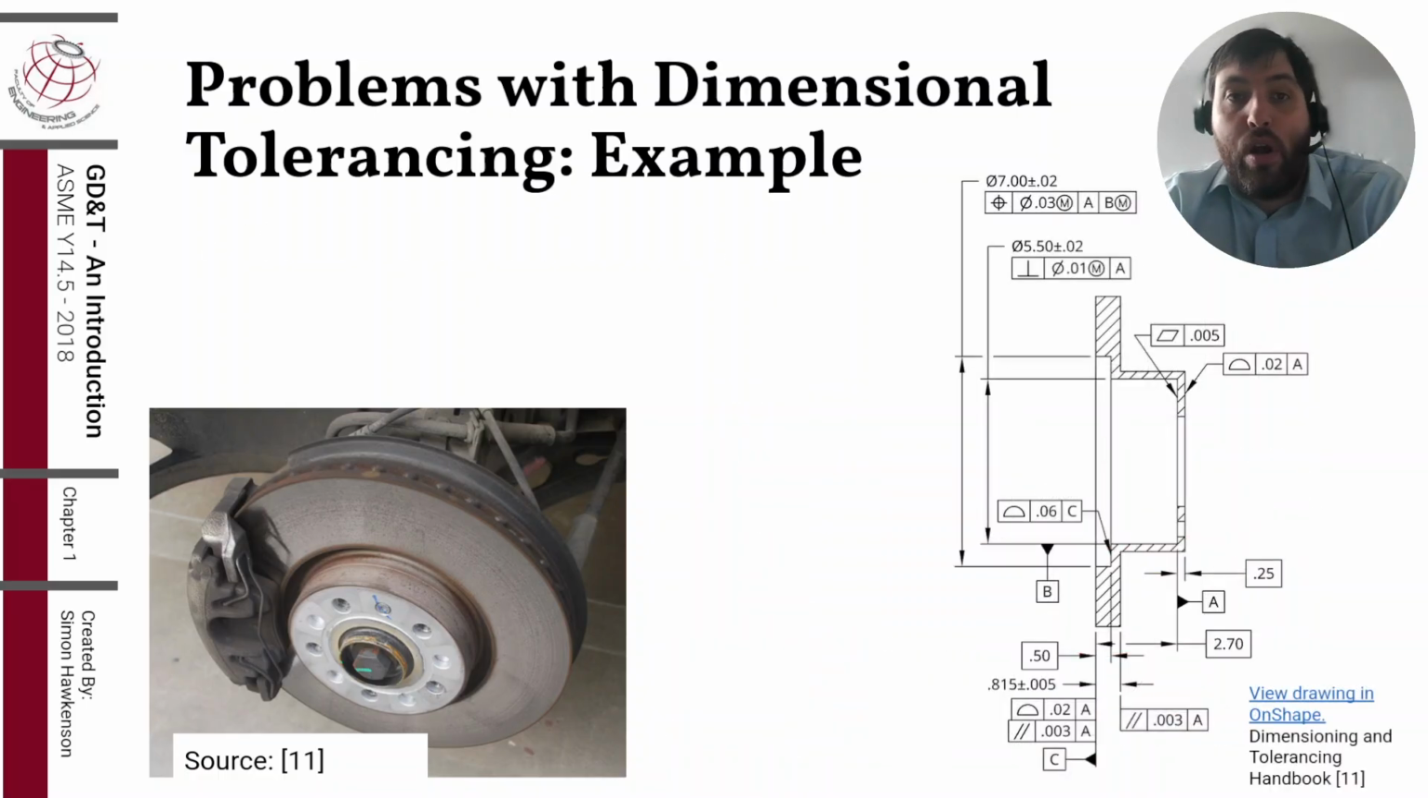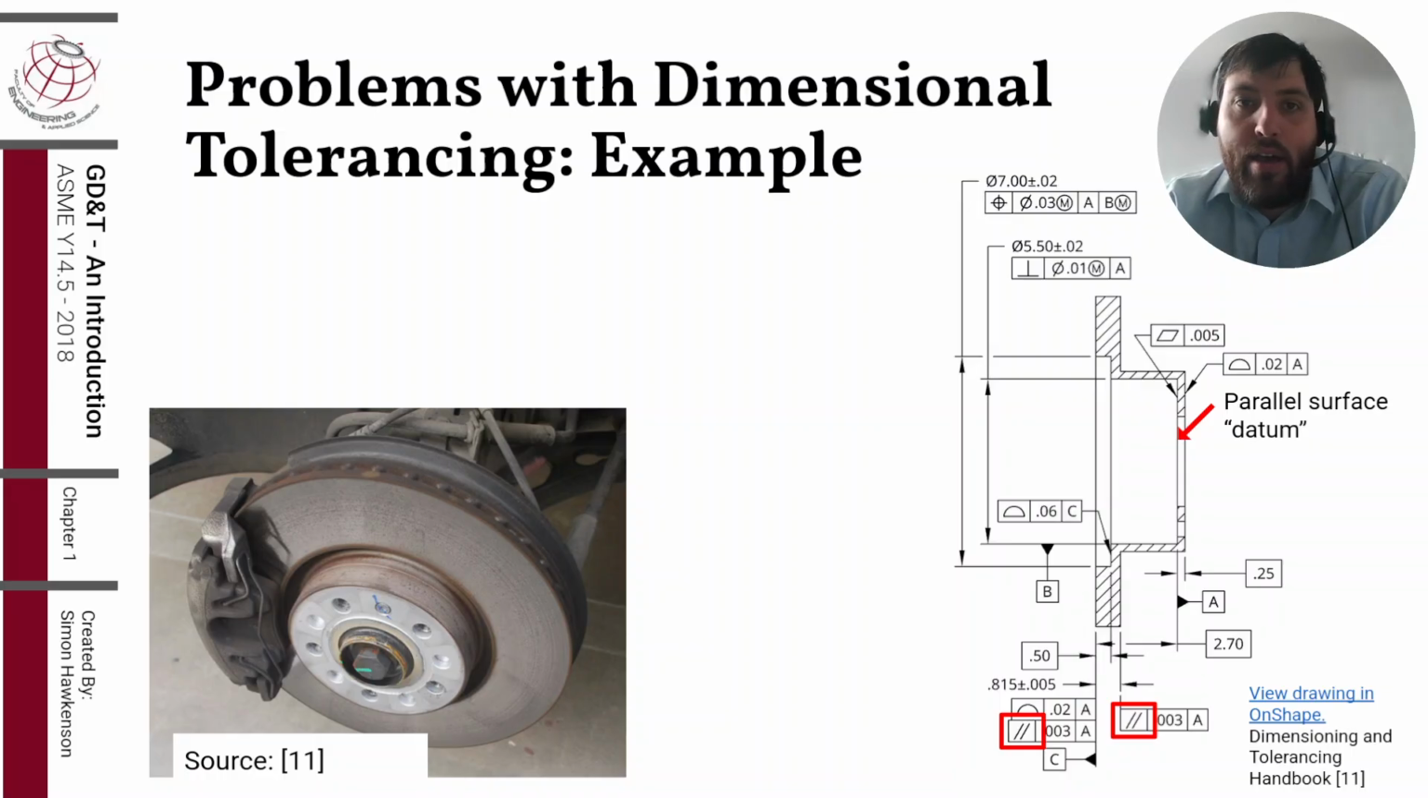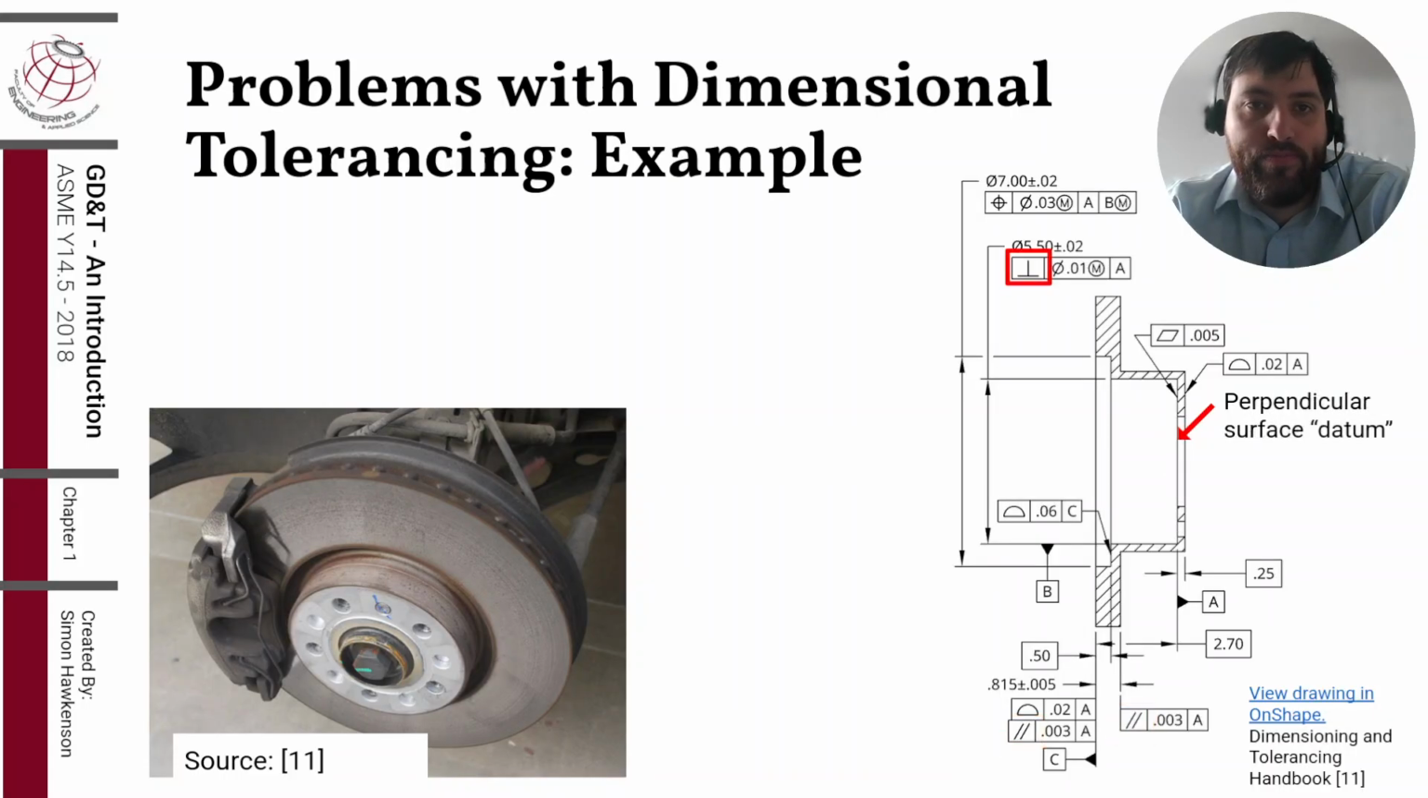So here is a drawing tolerance using GD&T. You don't need to understand it at this stage, but I do want to point out a few symbols. Here we have the geometric tolerances controlling how parallel these surfaces here are to surface A. And this here controls how perpendicular this cylindrical borehole is to surface A. By the way,